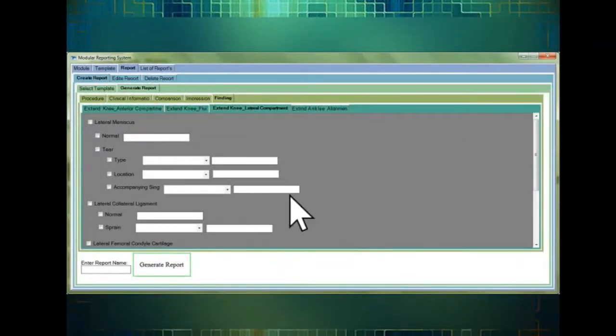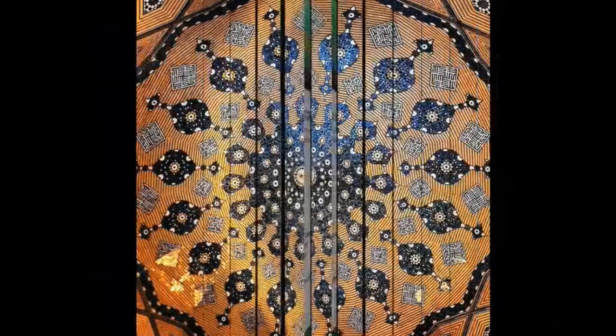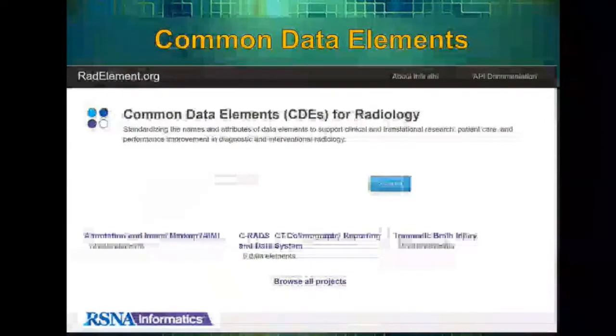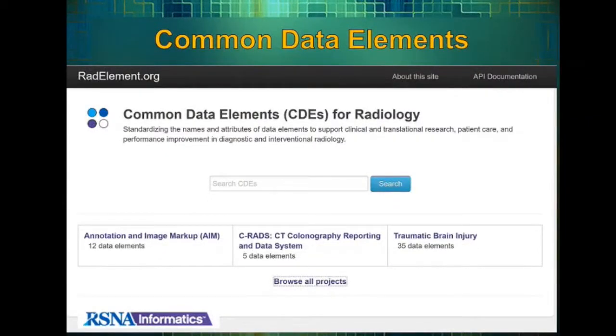It means that our friends in the RSNA informatics committee, and the friends in the reporting initiative of the RSNA, are now focusing on a granular approach to capturing, storing, and then analyzing the abnormal findings in a radiology report. If you go to radelement.org, which is part of the RSNA informatics division on the RSNA website, you will see the effort, which is still limited. There is a limited number of these for description of the